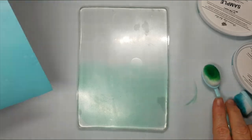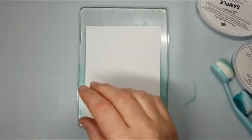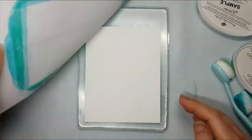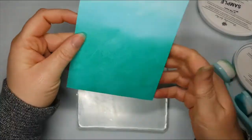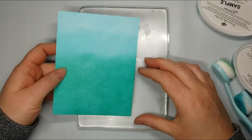There we go. So we're going to do it right over top of this existing piece of paper here. There we go. Bring in our paper. Press it for good contact. And peel it off. And look at that. Isn't that cool? I love using my jelly plate. I hope you guys are inspired to do